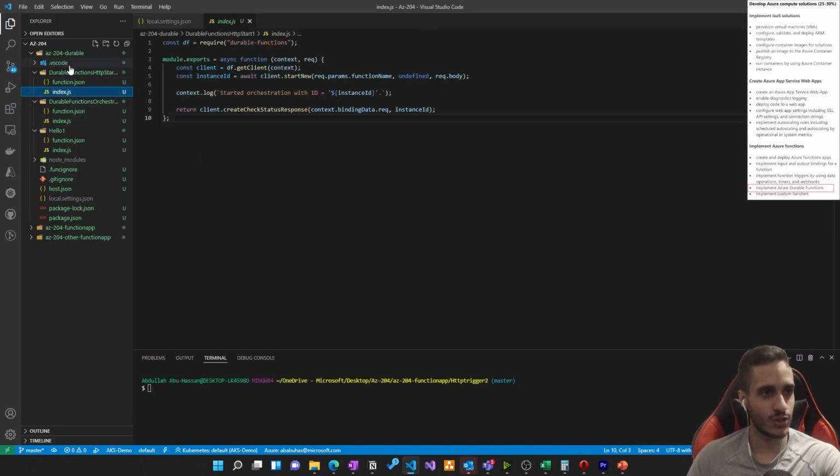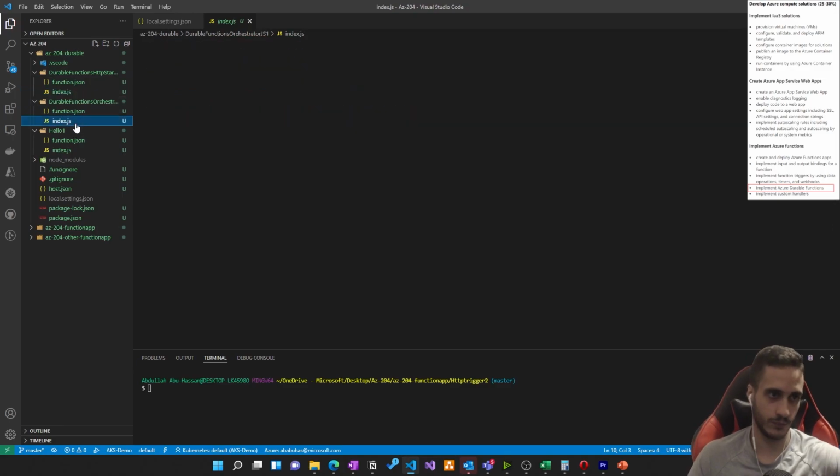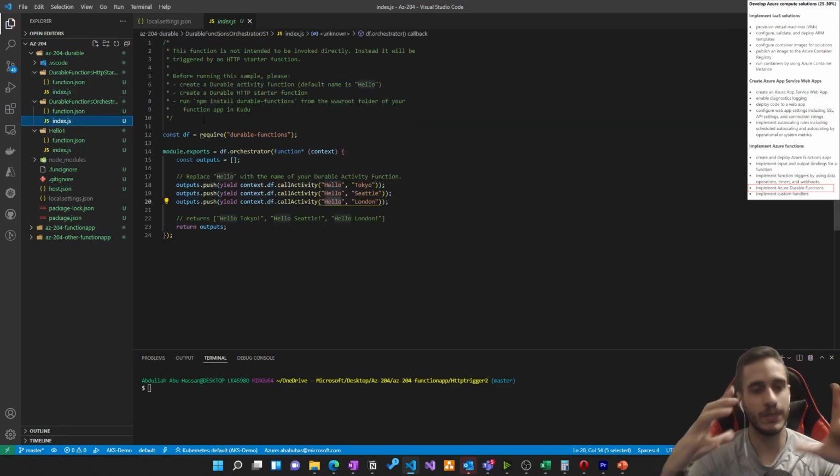Okay. And here, as you can see, this is the starter function, which actually starts the orchestrator. Okay, so that's the way this works. And behind the scenes, the state is actually stored on Azure Storage. Okay, so all of that magic actually happens on Azure Storage, all of those states, the execution history, and things